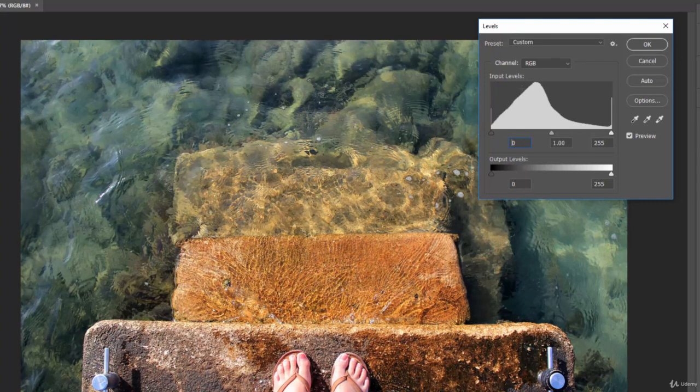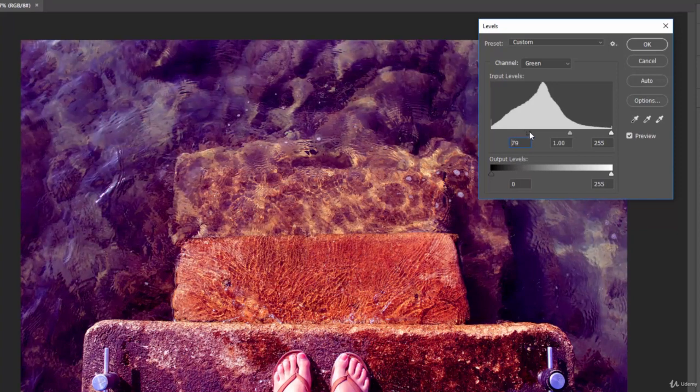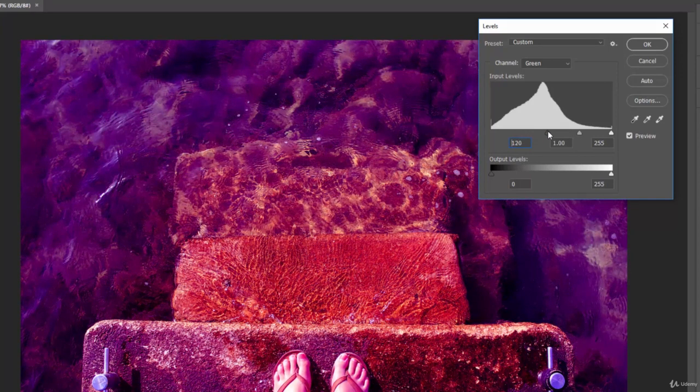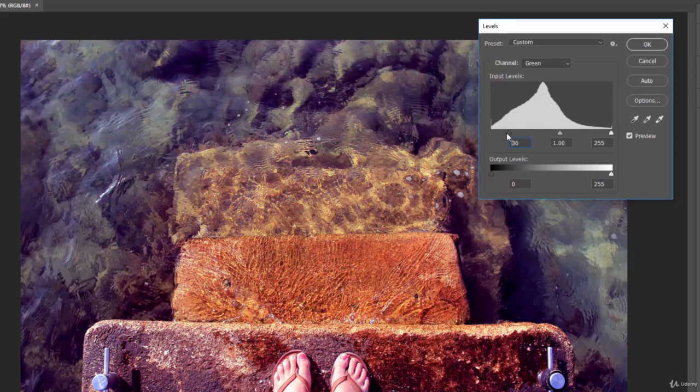So let's go ahead and move that back, and let's go to, say, the green channel. On the green channel, we can say we're going to move this, and anything that is darker than these pixels here, we need to make them black or darker themselves. So we're moving up this dark slider and telling where the pixels need to start getting darker. And as we do that, we start losing some of that color information.